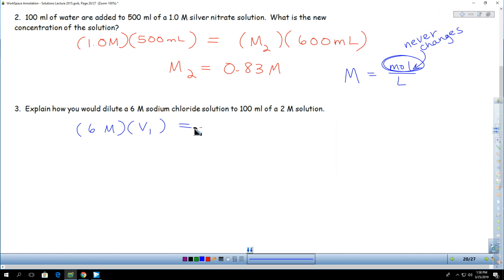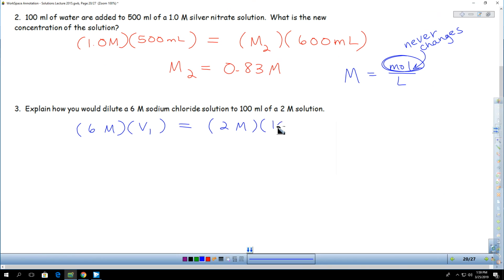I go in the stock room and I want to make a 2 molar sodium chloride solution. Well, I could start with something more concentrated and then just add water. We do it all the time. When I buy my acids, I buy them as concentrated as I can get. It's better value. I'll buy the concentrated acid, but we rarely use it concentrated. I usually dilute it. We add water. We know what we want, though. I want a 2 molar solution,